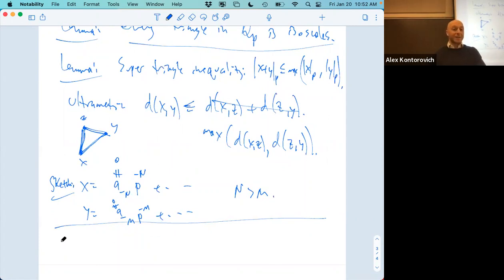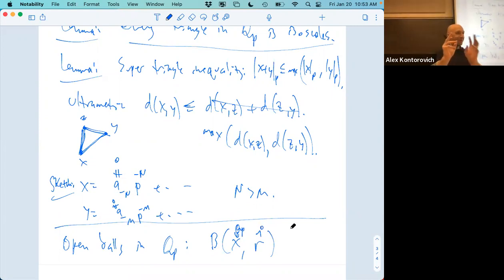The ultrametric property tells us something very fascinating. Let's look at, so how do we get a topology from a metric? Exactly, right? So what are the open balls? Open balls in Q_p, we're not in kindergarten, right? What's a ball around a point X in Q_p of radius R? R is now a positive real number, right? We have to keep track of what variables are in this weird Q_p and what variables are real.